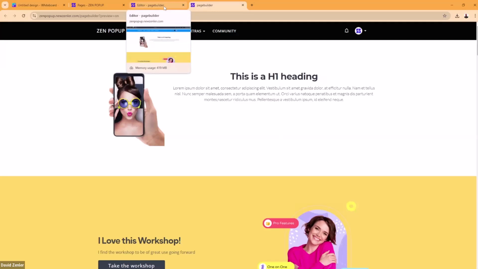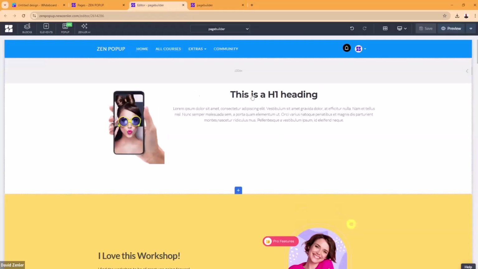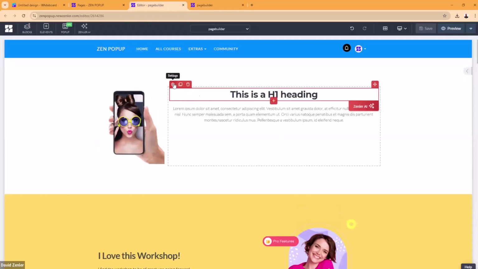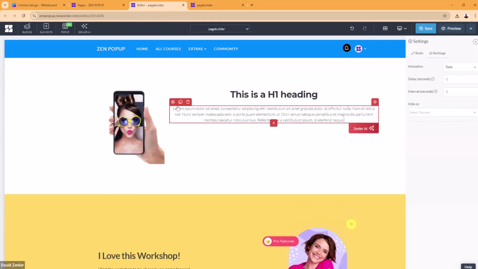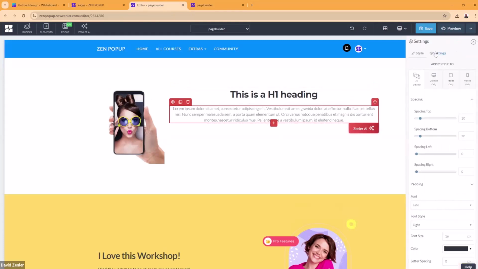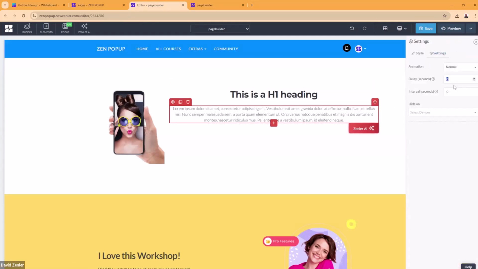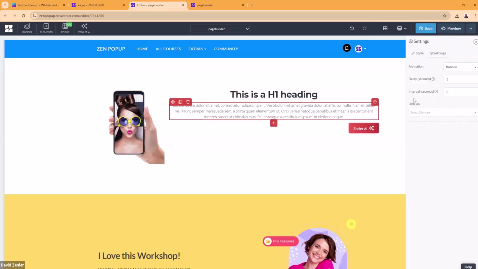Now, how could we get this to work? Imagine if you had several elements. So you have one element that comes in at 0 time. Then you had another element that comes in at 1 second. Suddenly you're adding a sequence of events. So I am getting more advanced here, I know, but it's worth pointing out because it's a really cool thing to do. So inside here, I could put this on 0, and then I could come into this one and use an animation effect that happens after a 1 second interval. So what will happen is it will actually do it in sequence.